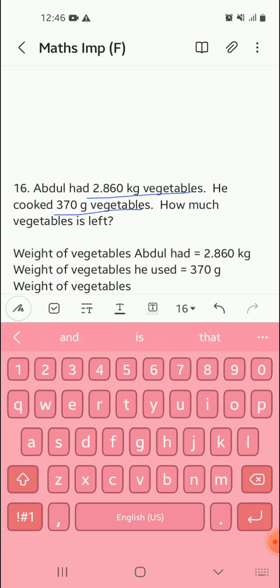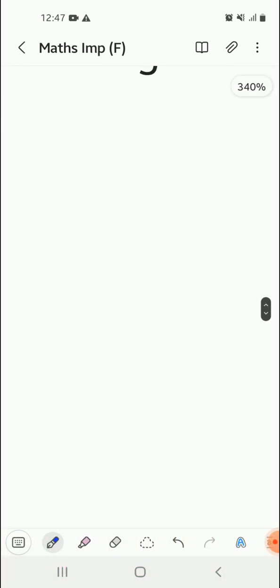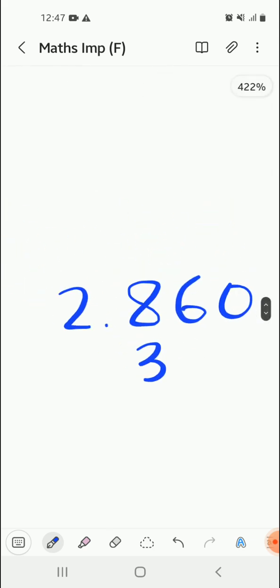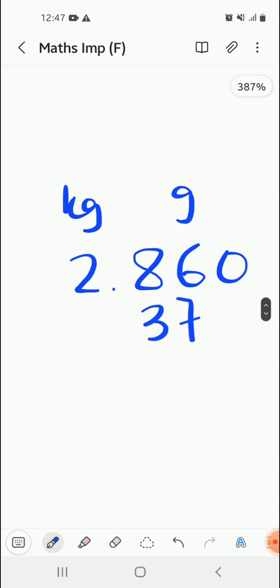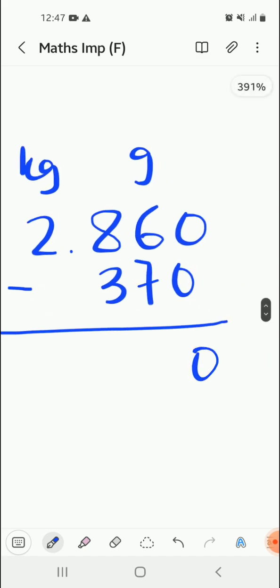Simply we need to subtract. So for doing the subtraction, 2.860 we will write this way, and 370 gram, that is this part before the decimal place, as I tell you, this is gram and this is kg. So this is 370 gram will be written here. We will subtract. So 0, 4,